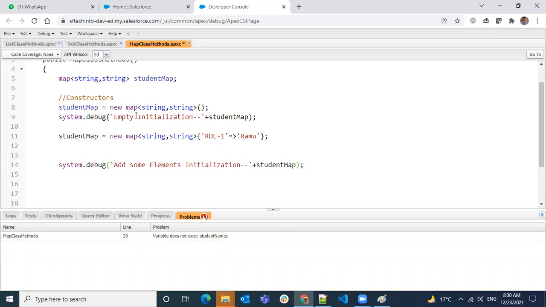We have a key and value pair. Always the first value is a key and the second value is a value. If I want to add multiple values separated by a comma, let's say I have roll number 2 followed by Sam. Similarly, I can add the elements into the map.